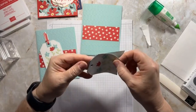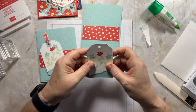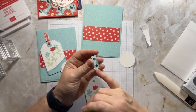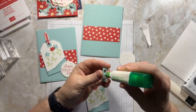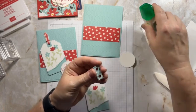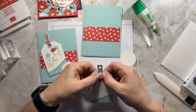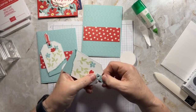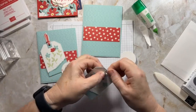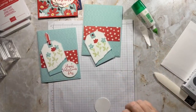You know, when you don't do something every day that you're used to doing, and then you pick it back up, it's like, oh, hey, wow, how am I supposed to do this? Now, you could use some adhesive sheets on this little part that goes over the tag, or you could just do glue like I do. I'm going to put it on the front. It just provides a nice finishing detail. And then they even have a little score mark where you can fold it over. I'm going to let that be for a minute before we put in our